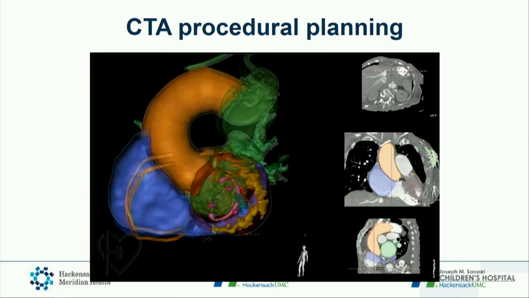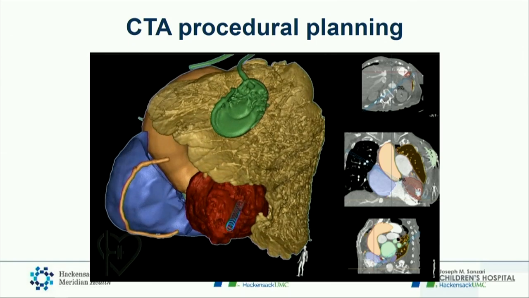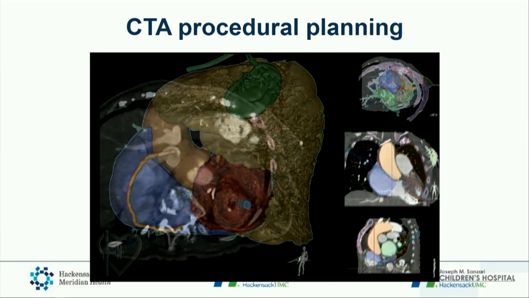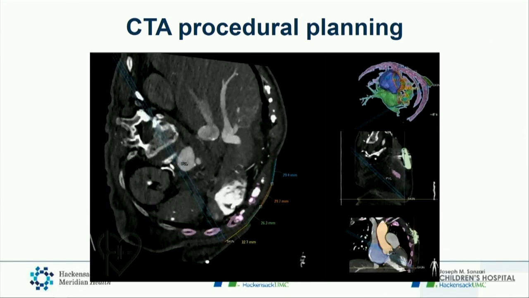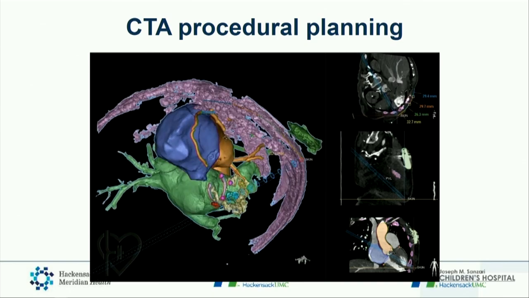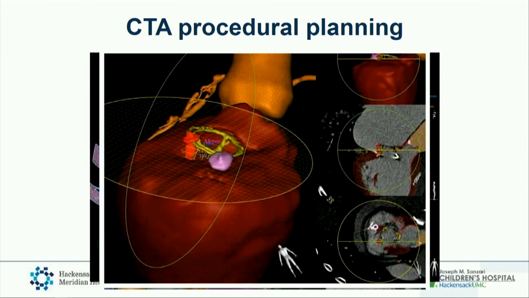Then this model can be used in its entirety or for its chambers of interest. Initially, you can manipulate the transparency as we talked about. There are various tools that you can use: manual rotation, cut planes, zoom, measurements, and things like that to manipulate the whole volume. In addition, we talked about placing virtual devices. Here, the STL files, the direct shape and three-dimensional shape of the devices, can be superimposed on this particular